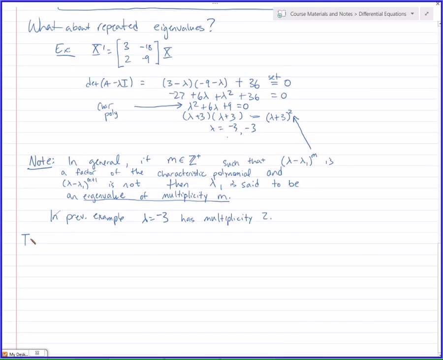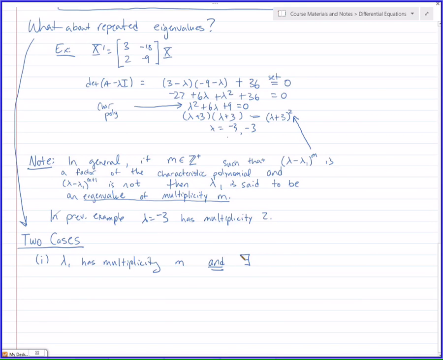So now there are two cases for when we have repeated eigenvalues, as I was referring to before. Case 1 is where, even though it's repeated, it has the right number of eigenvectors. By right number, I mean it matches the multiplicity. So case number 1, do this Roman numeral 1 here. Let's say lambda 1 has multiplicity m, and, fortunately,